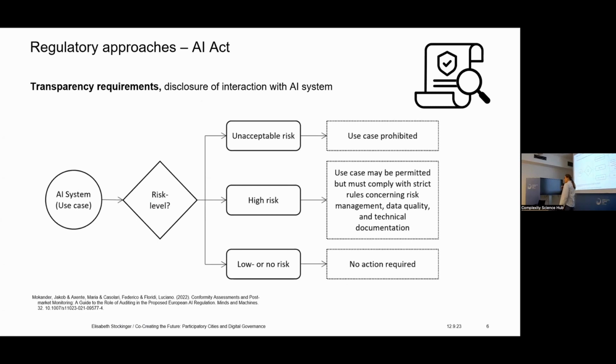This is also reflected in regulatory approaches. We've also mentioned the AI Act yesterday. The AI Act aims to classify use cases based on the risk and to impose a set of requirements and regulations on AI models that will, depending on the risk, ensure things like human agency and oversight, protection of human rights, or non-discrimination.